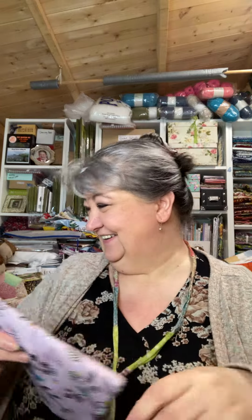I can't remember if I've shown you this or not. I think I have. Oh no, I might have shown it in your last video that went wrong. So I got this because it's kind of the palette of colours for the quilt I'm going to make, including my mother's dress. It's kind of a pinky mauve colour, and I've collected a few now. Probably don't match at all. Anyway,